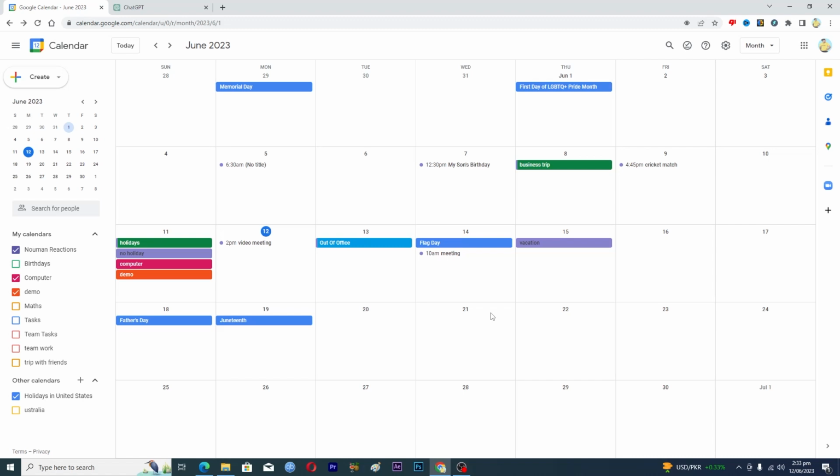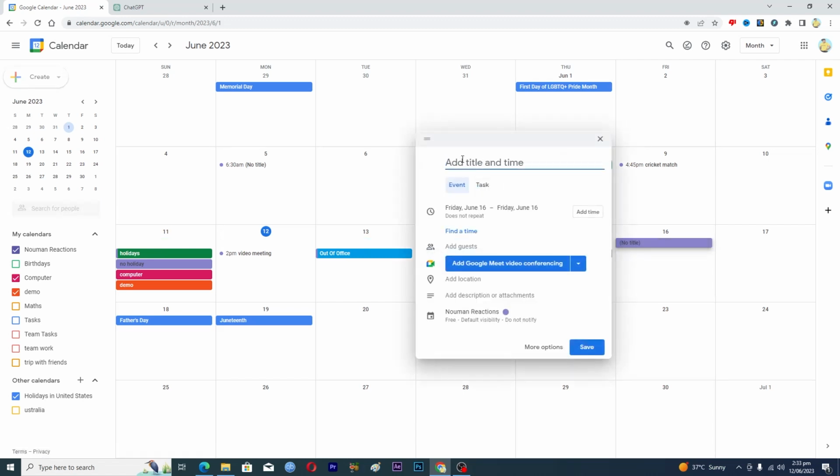So basically, if you want to repeat a specific event on every weekday, you can use the time blocking method. Let's suppose I want to start an event from the 16th of June. So I will just add this event here, and I will mark it as important hours and don't disturb. So maybe you don't want to get disturbed on a daily basis in these specific hours, then you can